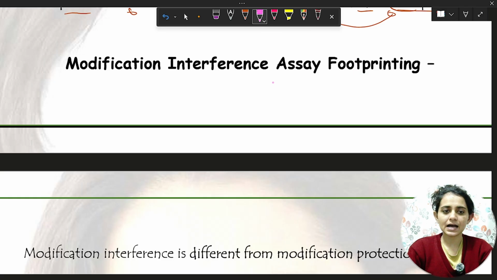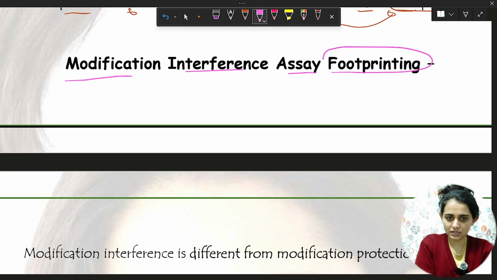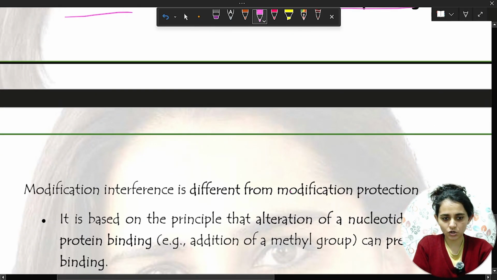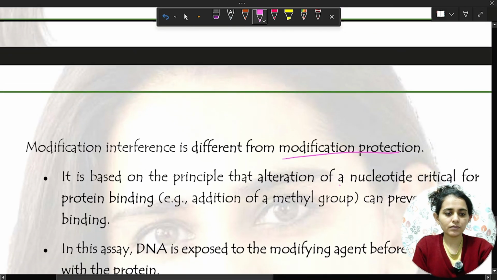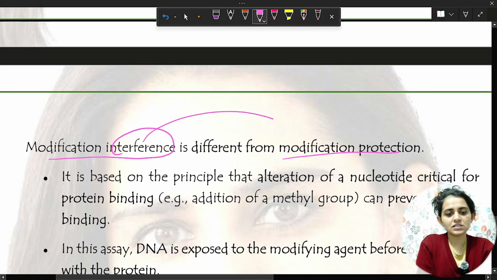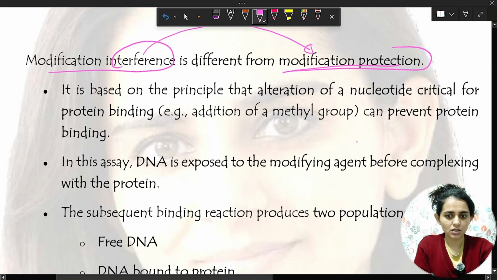In this class, we will learn about modification interference assay footprinting. What we have done just recently before this, we did modification protection. See how the modification interference is different from the modification protection. So,